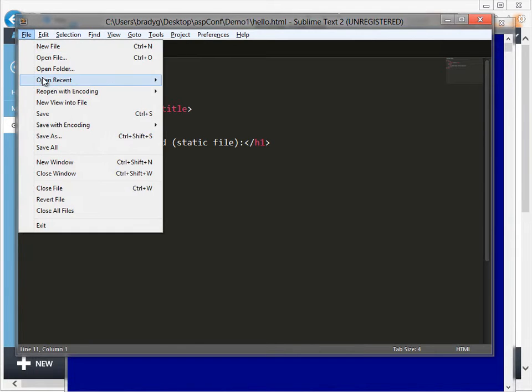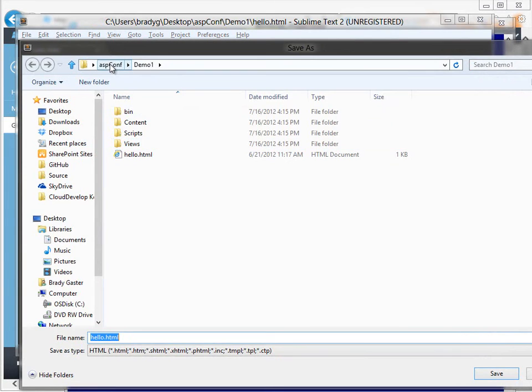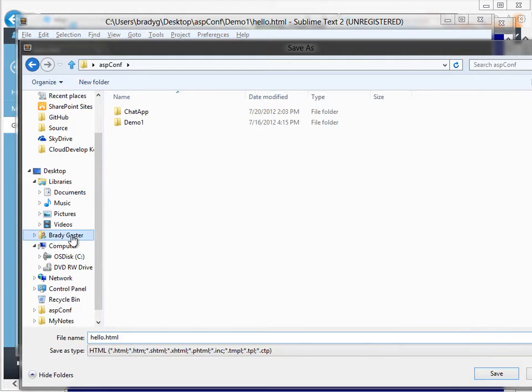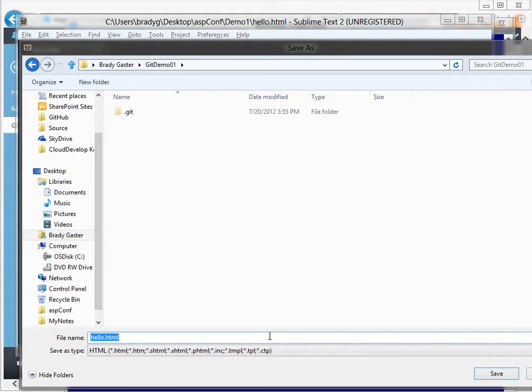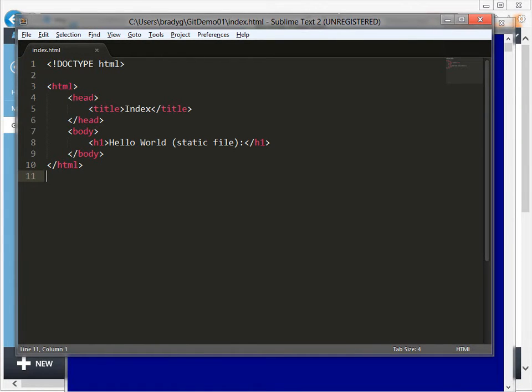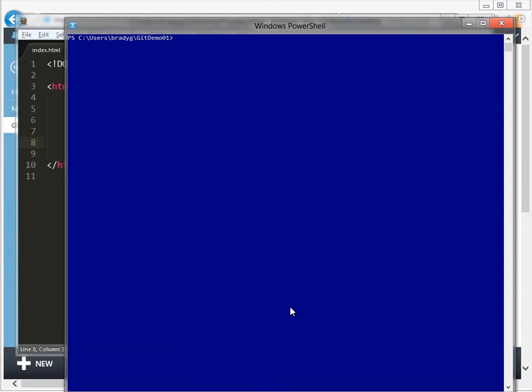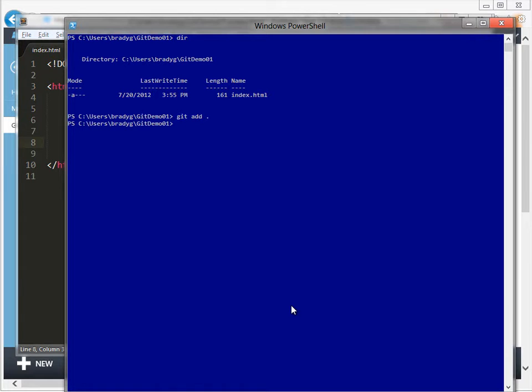I'm going to save that file over here in my Git demo 01 folder, right here as index.html. Save that real quick. So we've got a simple file right out there. Now I'll just do a dir, make sure I did put it in the right spot. So there's our file. I'll do a git add everything, git commit